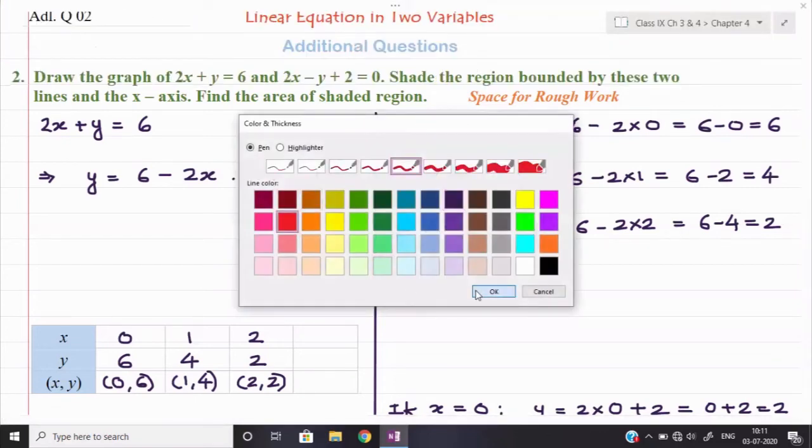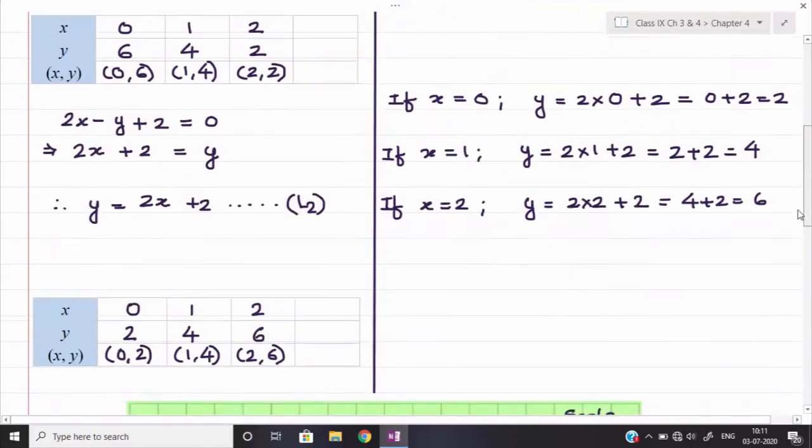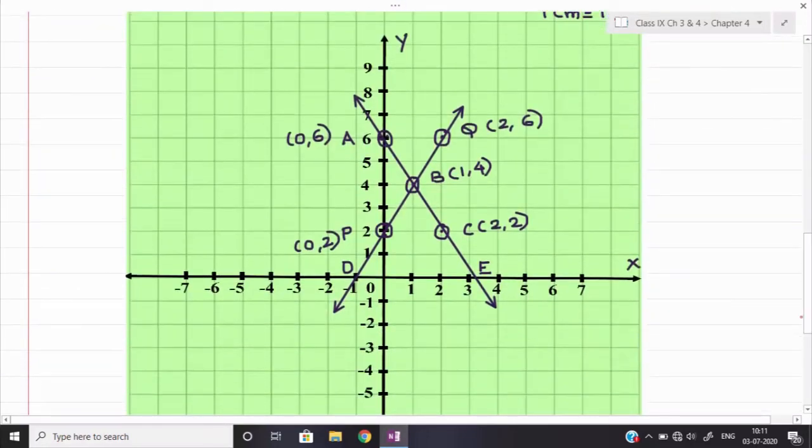Okay, so first I will shade the region here. Let's see, these are my lines. I think this is my line number 1, you can see. Okay, and this is my line number 2, and this is your x-axis, right? So these three things form this particular triangle, and this we shall shade. You can also shade by the horizontal lines. Okay, so here I am shading this one. You can see this triangle, the question told us to shade it properly, and further this triangle's area we need to find out.